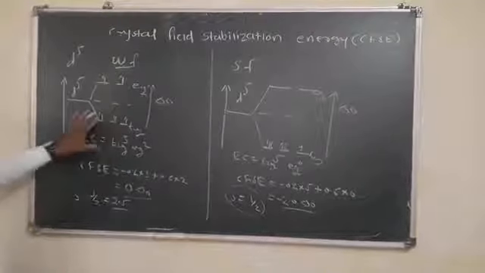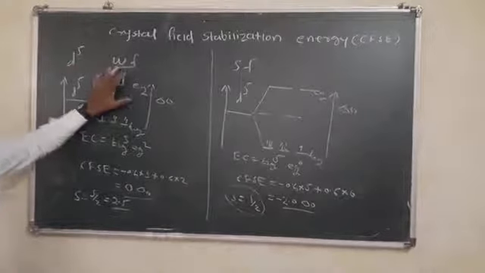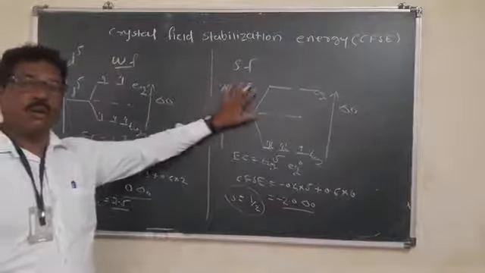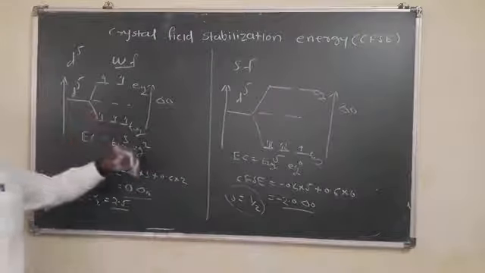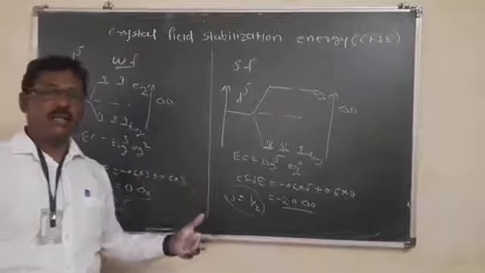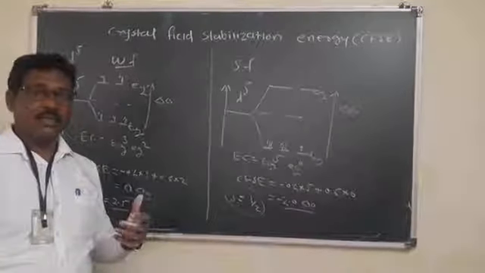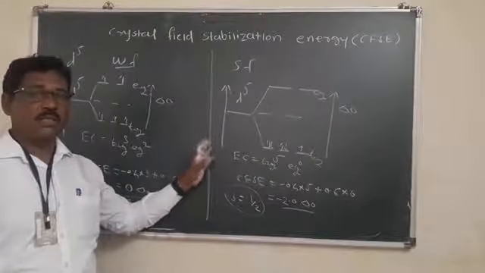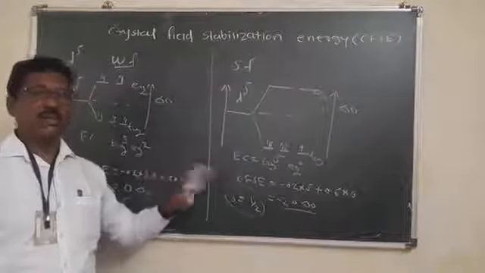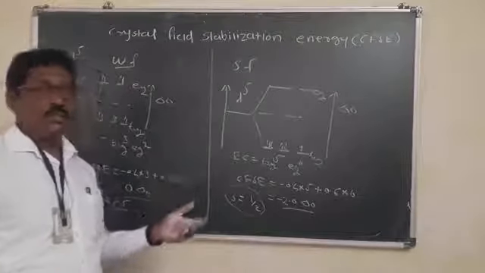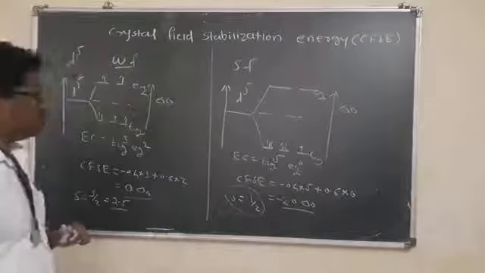Okay, you can calculate the crystal field stabilization energy of the d6 and d7 electron configurations in weak field as well as strong field ligands by similar calculations. For d7, d8, d9, d10 electron configurations, there is no effect of strong field ligands or weak field ligands on the t2g and eg orbitals, and therefore the electron configuration remains the same in t2g and eg in weak as well as strong field ligands. Okay, thank you.